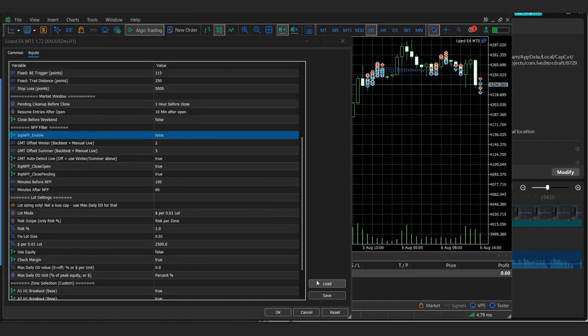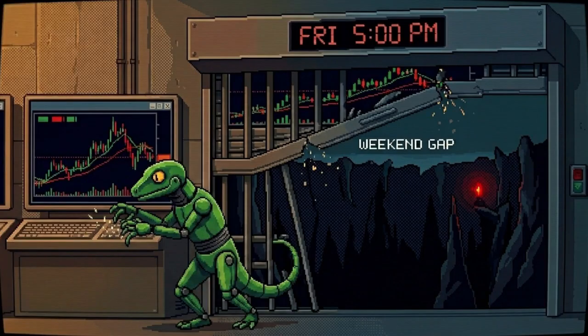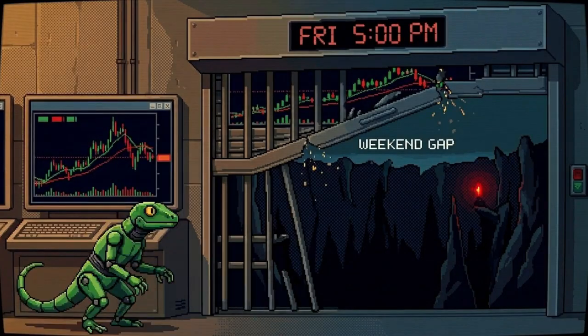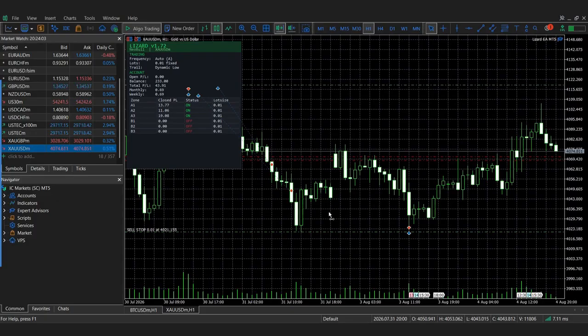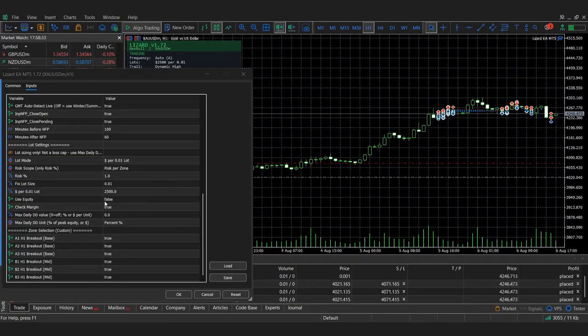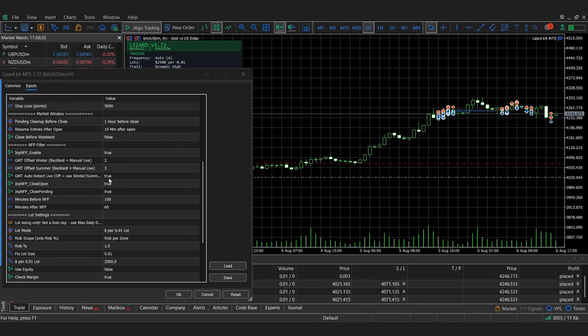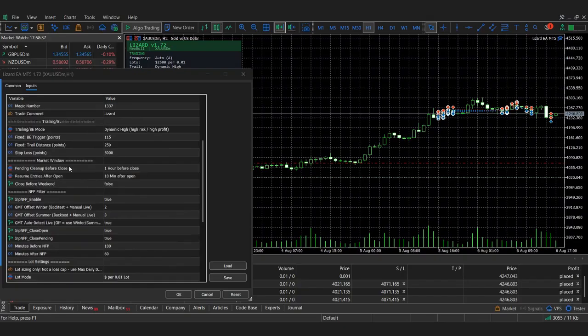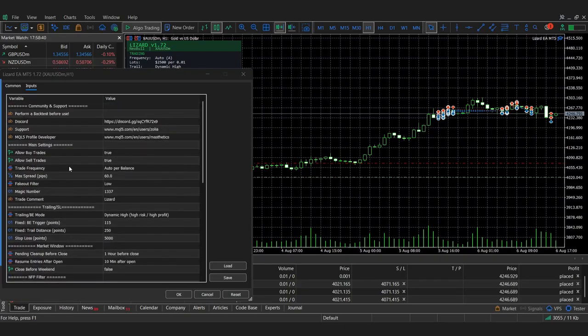The NFP filter automatically pauses trading before and after non-farm payrolls releases, the single most reliable EA destroyer in the gold calendar. Plus, the market close protection prevents the EA from holding pending orders into the weekend gap or daily rollover spread spikes. It includes a configurable maximum daily drawdown limit for prop firm account rules. The prop firm DD limit is a real built-in feature, not a sticker. If you're trying to pass a funded challenge,